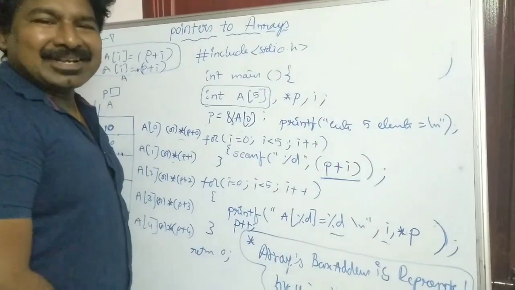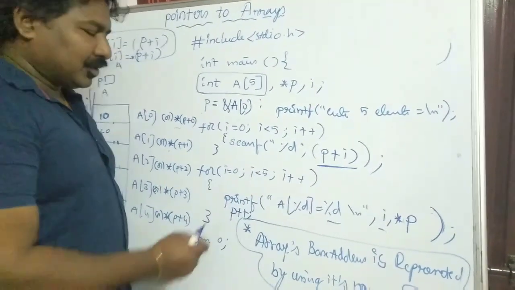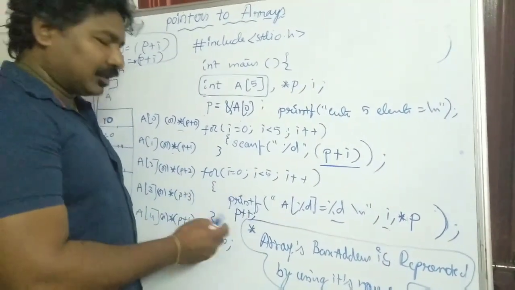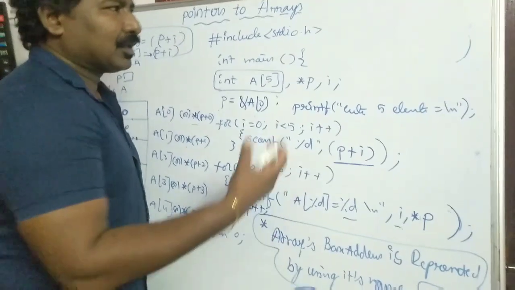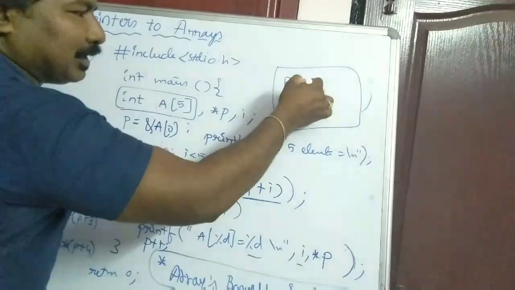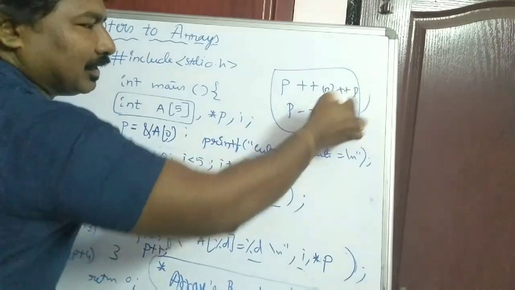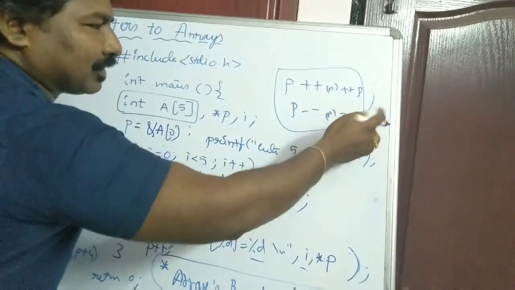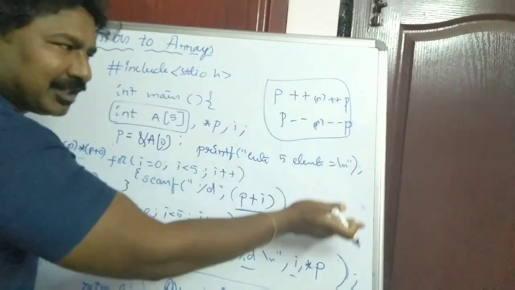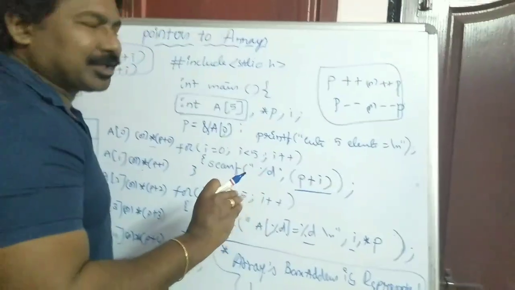Okay friends, so here clearly you can see that p plus plus, that means you are just incrementing p. So similarly, if you want to move your pointer backward, you can just decrement the p. So the valid arithmetic operations on pointers can be p plus plus, p minus minus, or you can apply plus plus p or minus minus p. That means you can perform increment, that is either pre-increment or post-increment, pre-decrement or post-decrement on the pointers. So the valid operations for increment and decrement can be performed on the pointers.